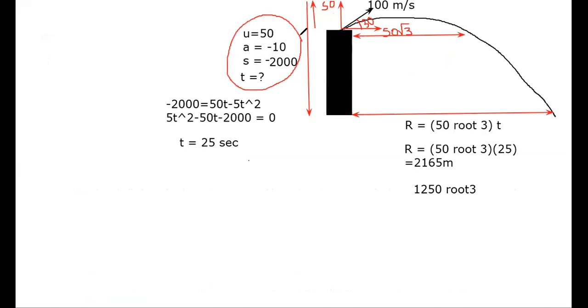No, sir. Can you please explain it again? See, initially I am throwing it upwards, correct? Yes, sir. Then at that time the acceleration will be negative because it is against gravity. Okay. So when it reaches this point, while it is coming back and moving downwards, this is the displacement which it is going to cover. Now the direction of the displacement which will be covered is opposite. So S is negative. Okay. Yes, sir. Now I understand. Thank you, sir. Yeah, welcome.